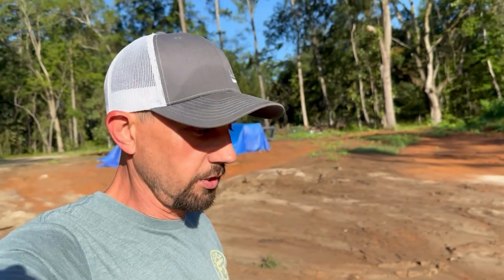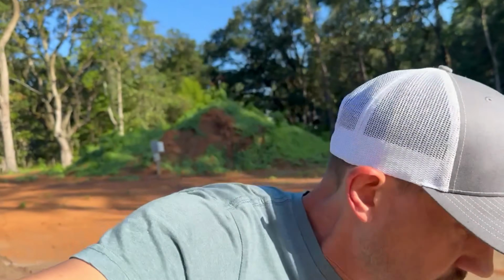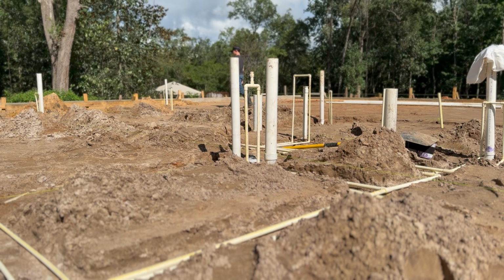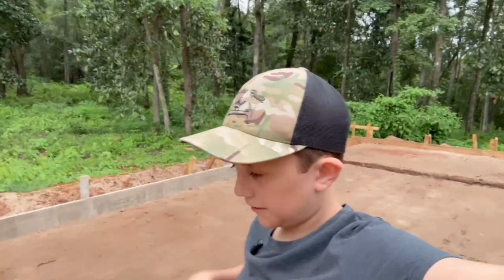Morning. We are going to go check out what they did yesterday, putting all the pipes under where the slab is going to be and seeing how things are going. The plumbers came yesterday, just finished the plumbing,